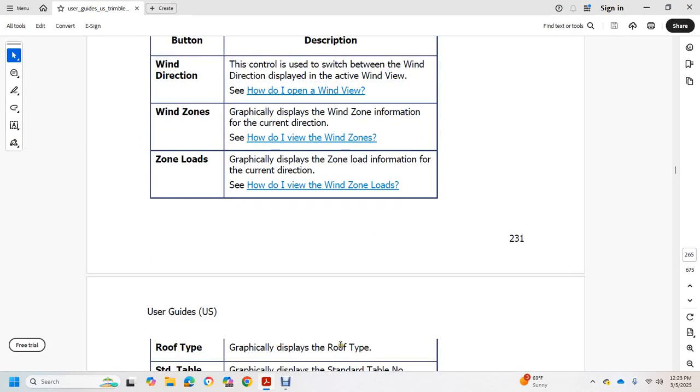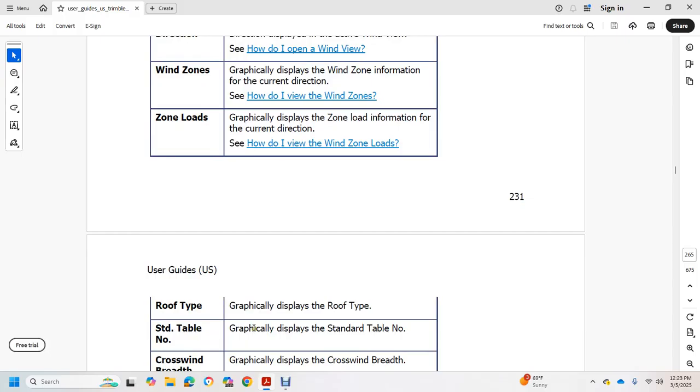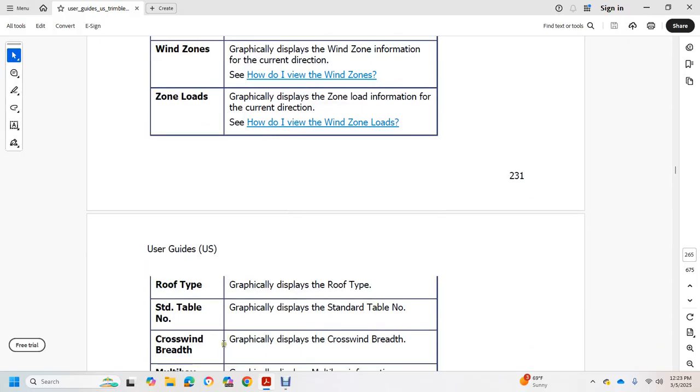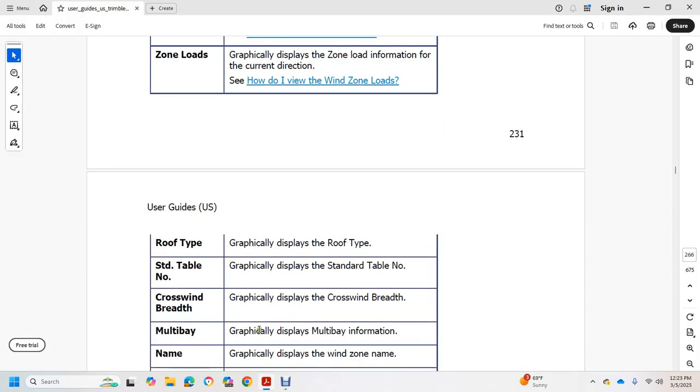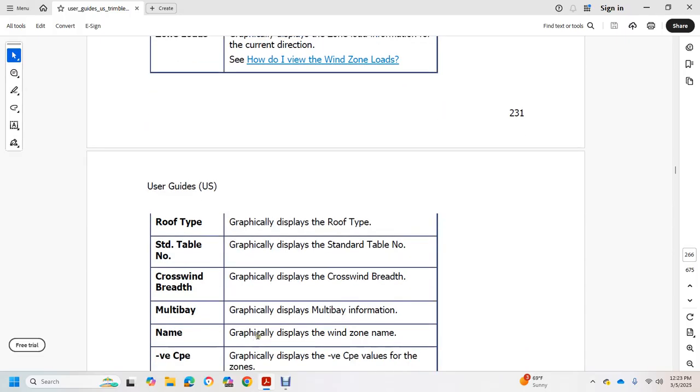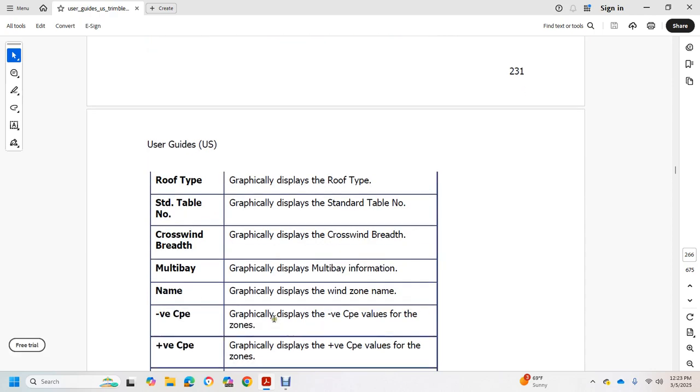Roof type graphically displays the roof type. A standard table number graphically displays the standard table, the number cross breadth graphically displays crosswind breadth. Multi-bay graphically displays multi-bay information. Name graphically displays the wind zone name. VE